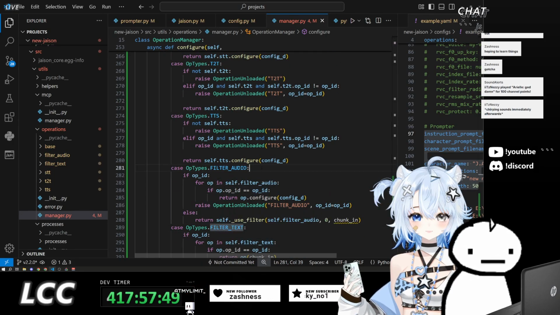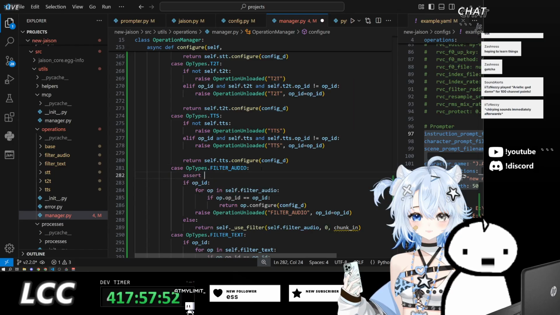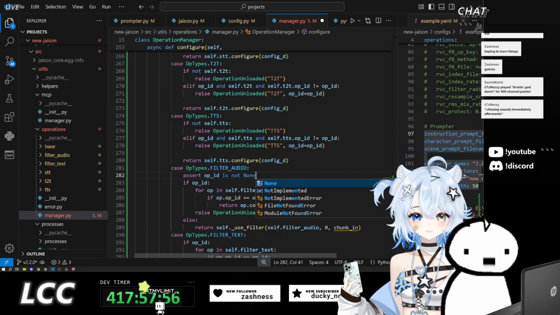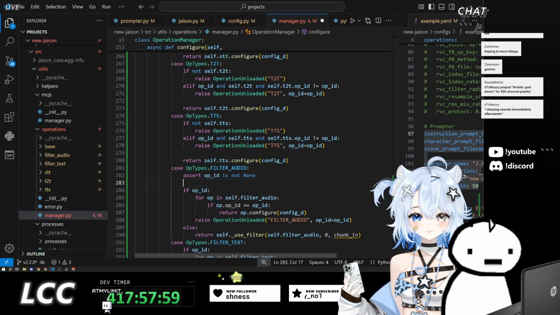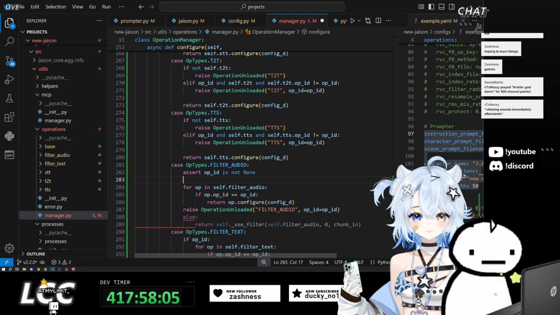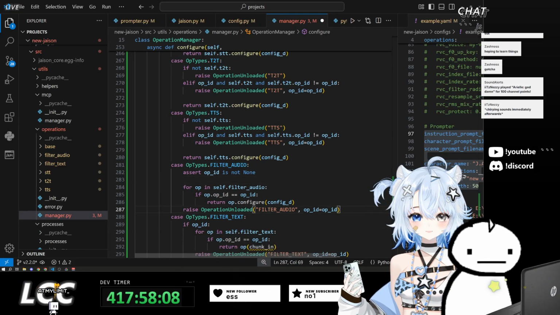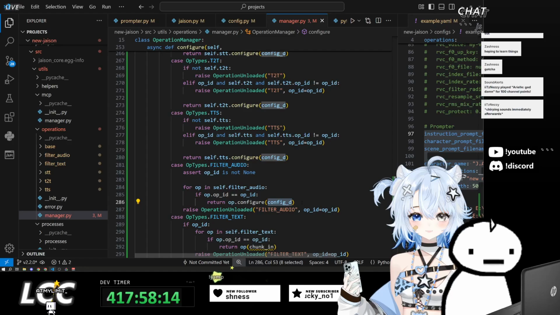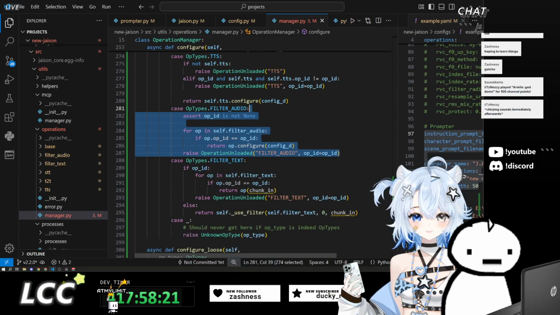So we need to assert op ID is not none, and we also need to check that it is in fact already loaded. If that is good, then we will return the op.configure configuration ID, and that is okay. Yes, okay. That is how we'll approach this.